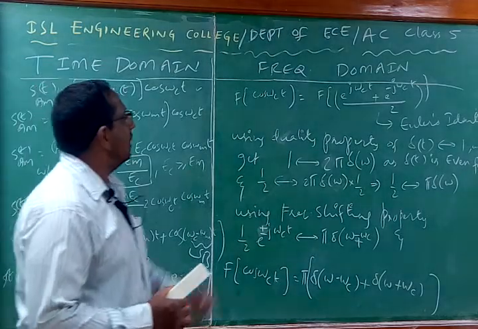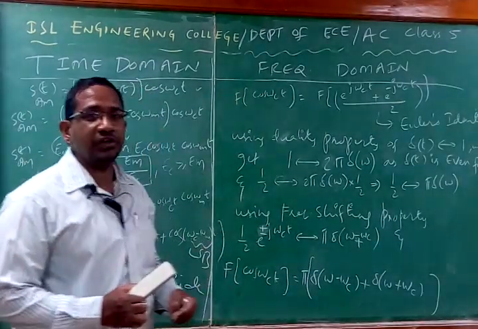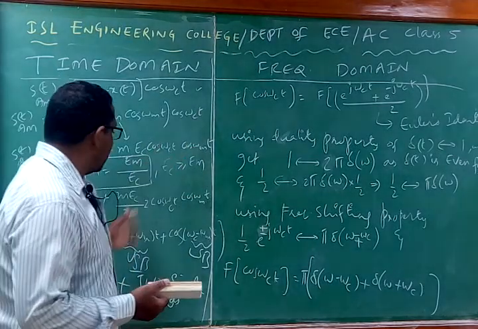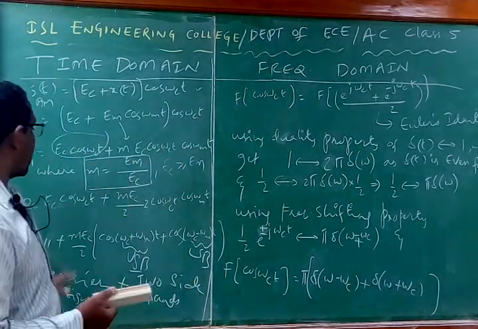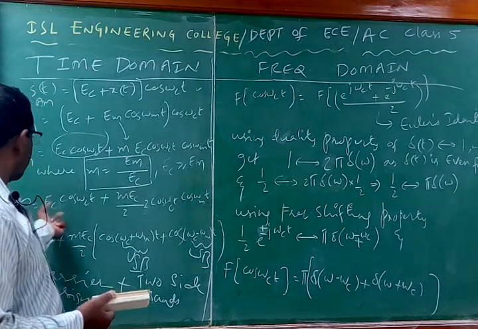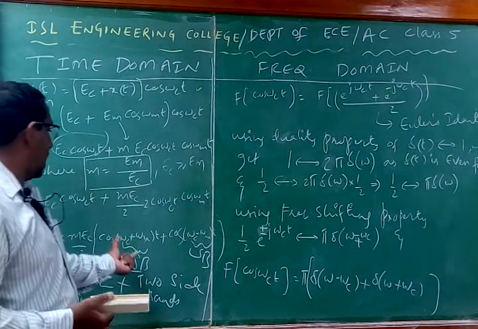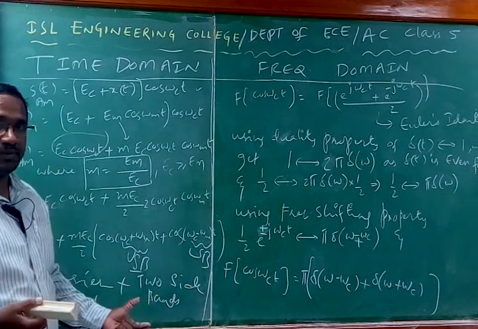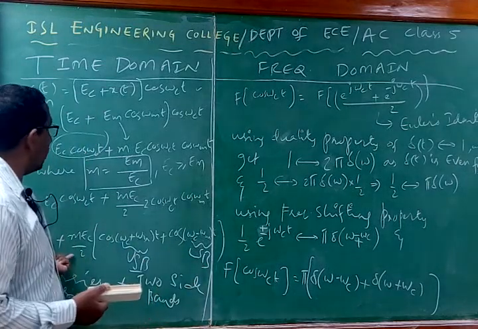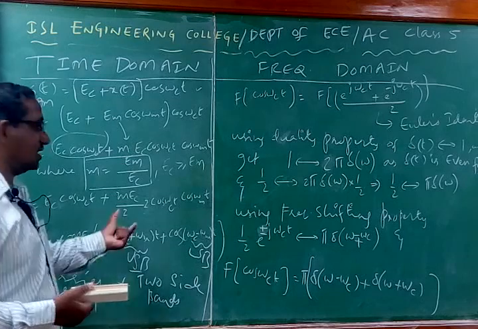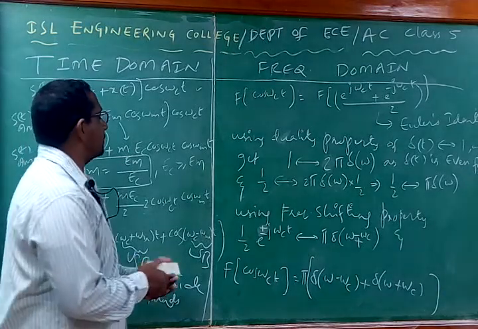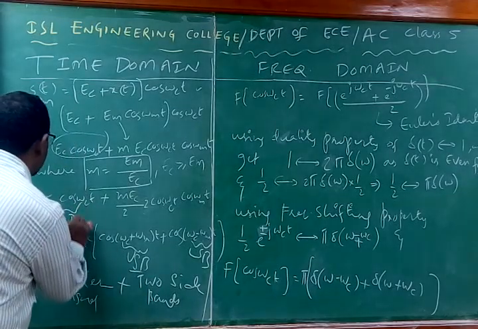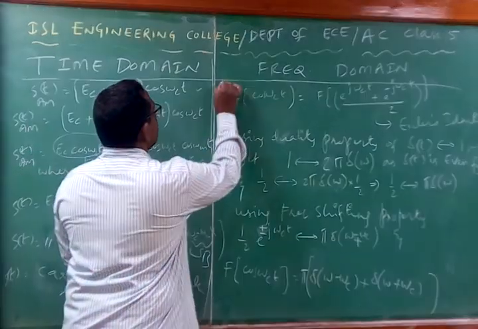Then next, let us shift towards the frequency domain representation of this signal. Now in this time domain signal, what are the components we have? We have the carrier component, the upper sideband USB component, and the lower sideband LSB component. So we have to find the Fourier transform for these 3 terms. Let us go with the first term, the carrier term. I can designate this first term as term 1.